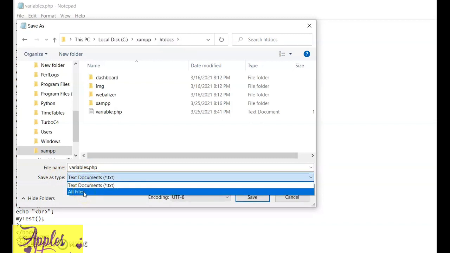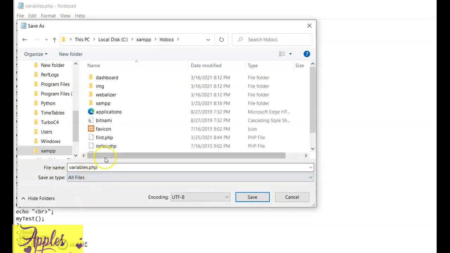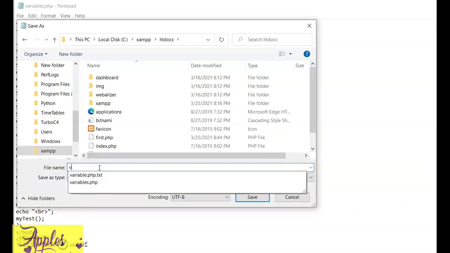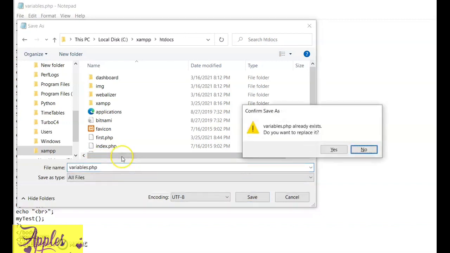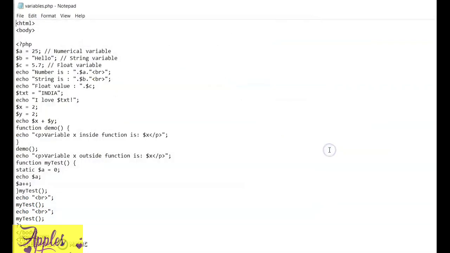Only then do we give the file name for the program. I am giving variable.php. It says it already exists, so I give Replace, yes. After giving the name, it will save.